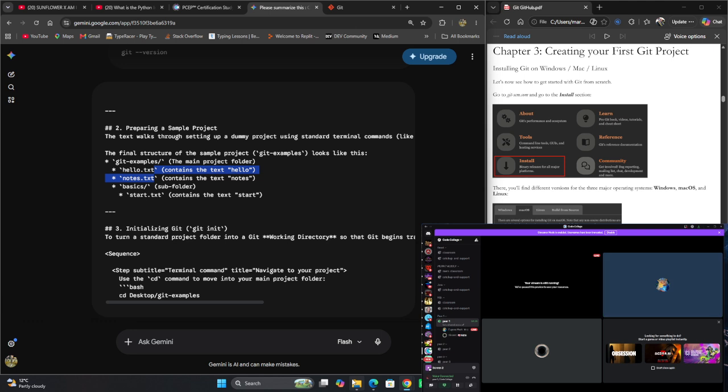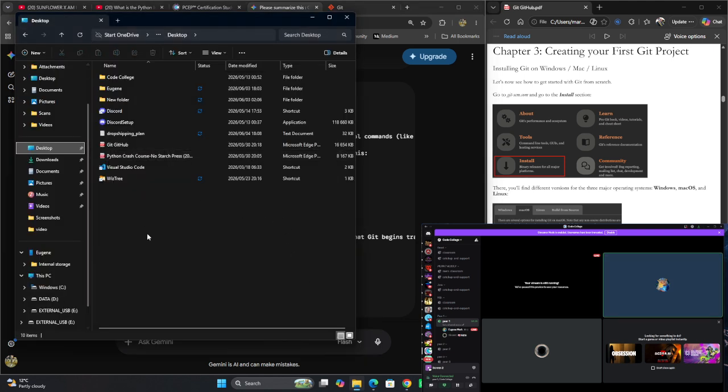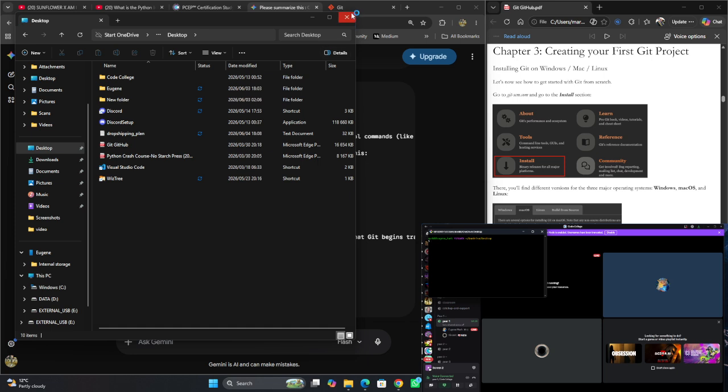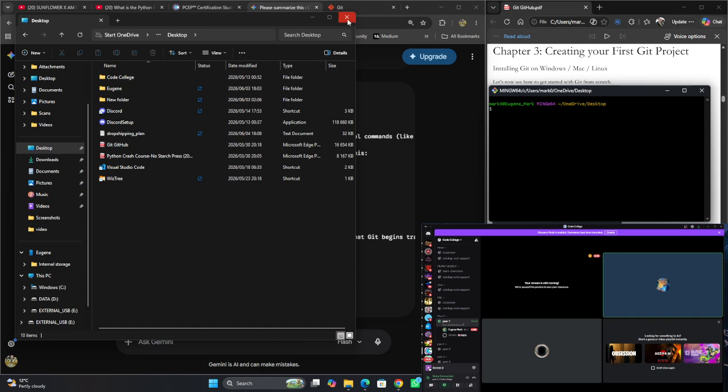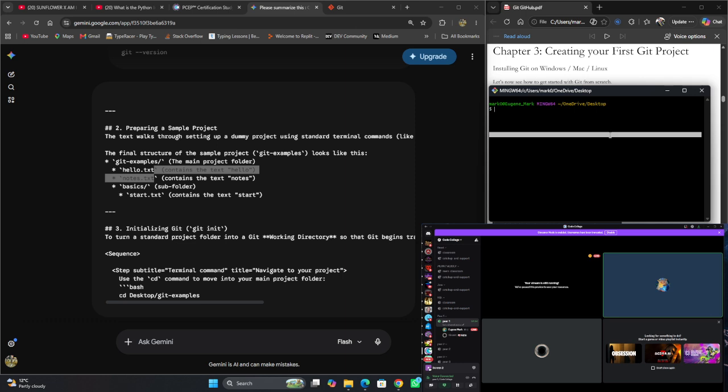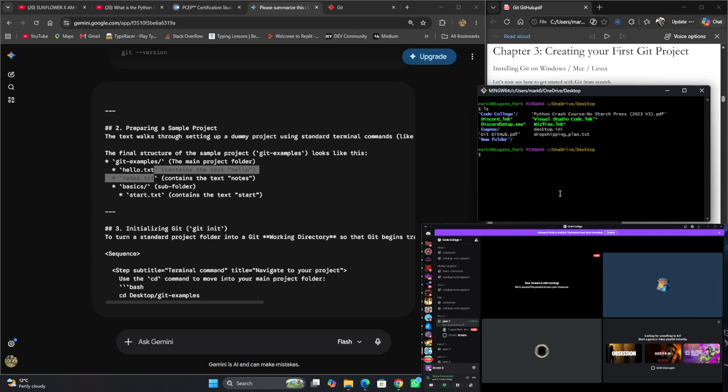Let's use bash, because bash was purposely created for Git Bash. Let me minimize this. So now we are in the desktop directory. To see the number of files we have, let's show the list, but we want to create the git-examples directory. So how do we create a directory? Okay, we'll create it using the make